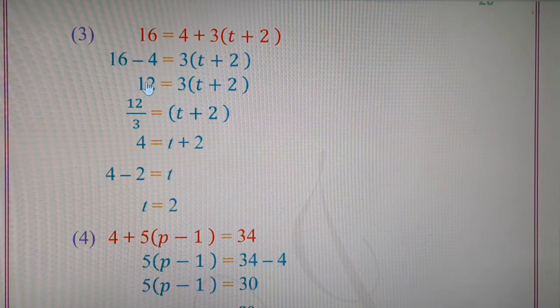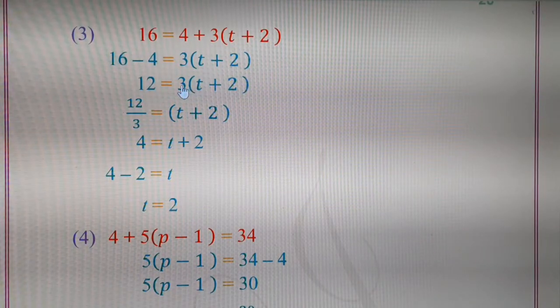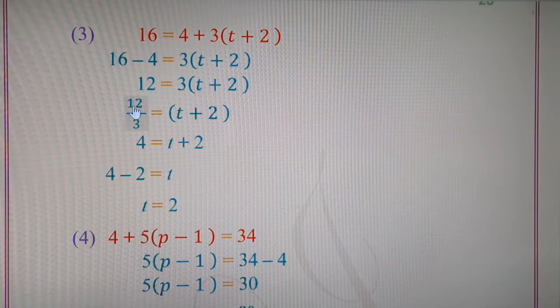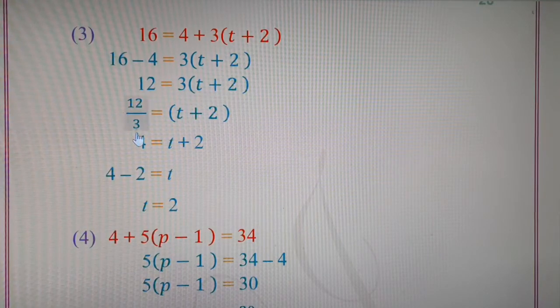So in the next step we will get 12 upon 3. This 3 from right hand side will go below 12. 12 upon 3 we can solve further as 4. With 3 stable we can cancel the denominator 3, and with 3 stable we can cancel the numerator 12. 3 1s are 3, 3 4s are 12. Again I repeat, 3 1s are 3, 3 4s are 12. So 4 upon 1 is our answer. 4 upon 1 means only 4.